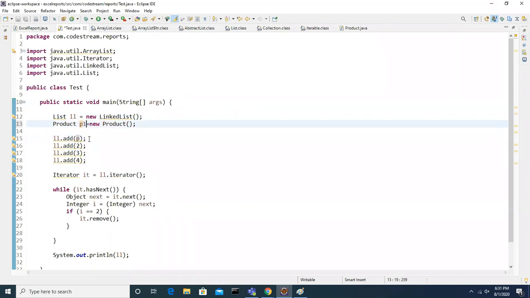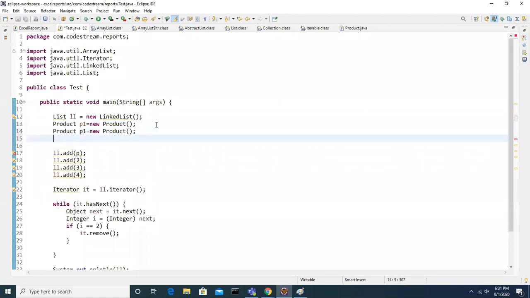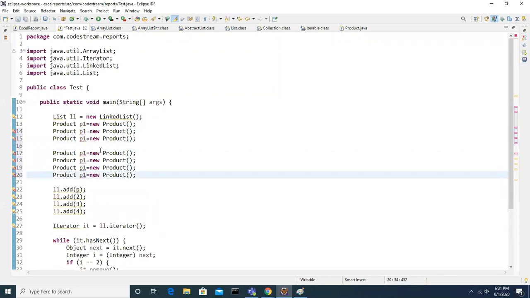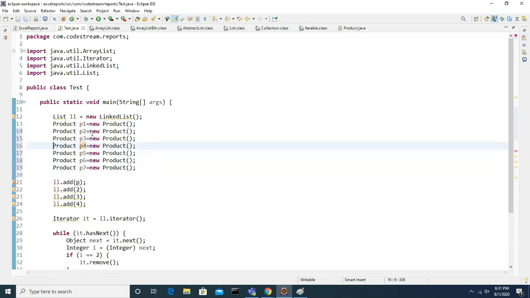Let's say this is p1, and like this you can create n number of objects: p1, p2, p3, p4, p5, p6, p7. Like this, I can create n number of custom objects.